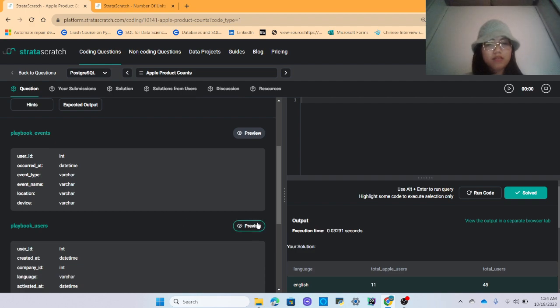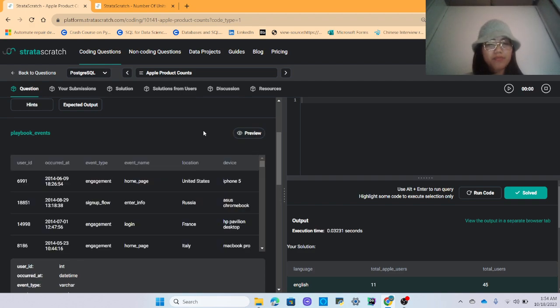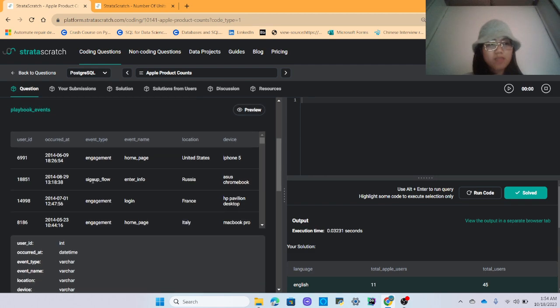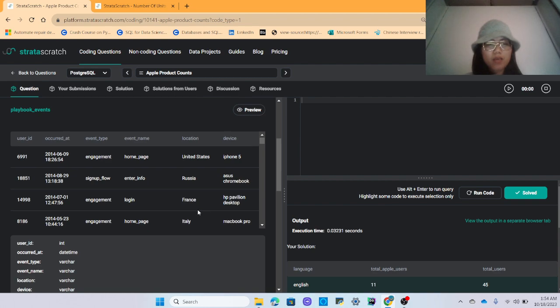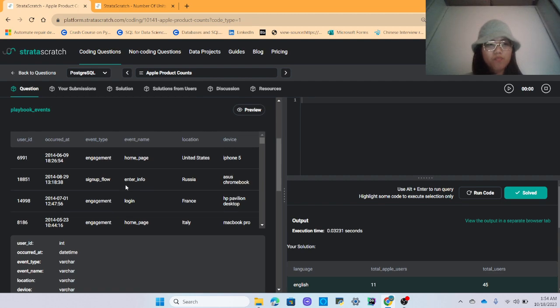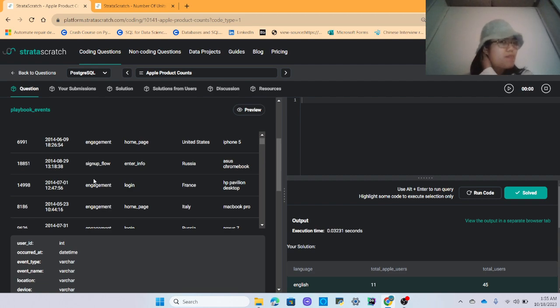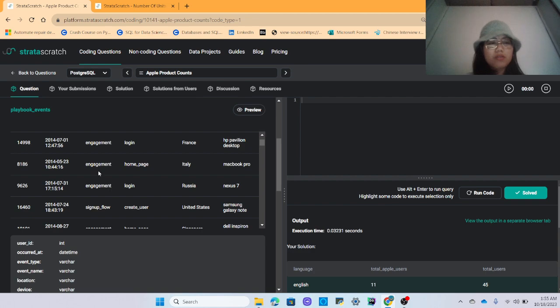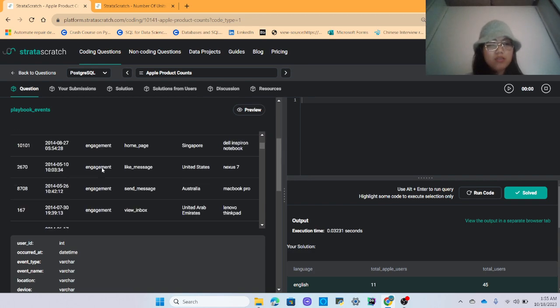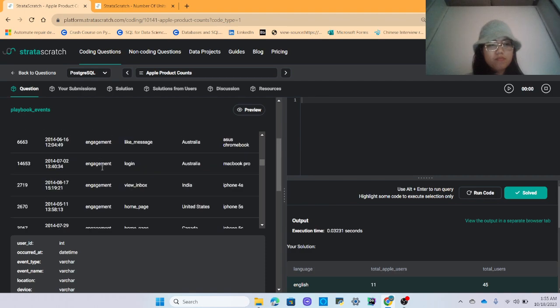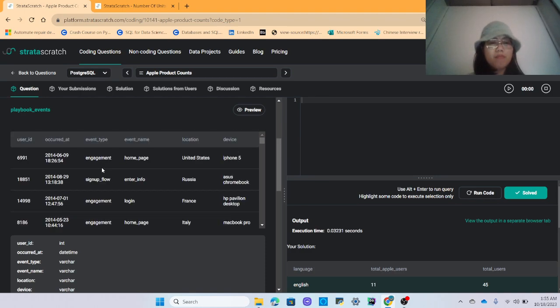Okay, so inspect this table real fast. Playbook events. Got user ID, and then the device that they use. Let's say for engagements, percent of flow. This looks like data from users who log into a website, and then you can see these events like engagement, try to sign up. Okay, but we don't care about that. We only care about